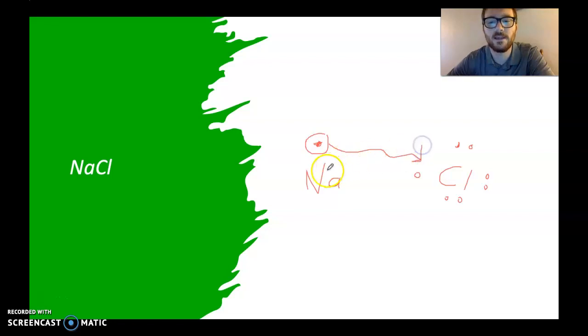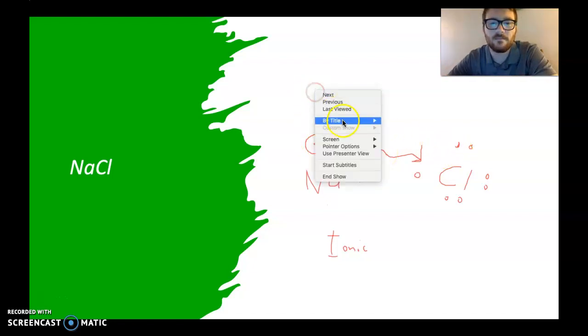Now chlorine has 8. Sodium has 0, but remember how I told you that if it gets rid of its valence shell, the shell underneath has 8. So technically, sodium has 8 too, and they're all happy. And this is ionic instead of covalent. Constructed a little bit differently, where we actually see where the electrons are. We can do this with covalent bonds. We can do Lewis dot structure, where you have little dots surrounding the atoms, but we're not going to do